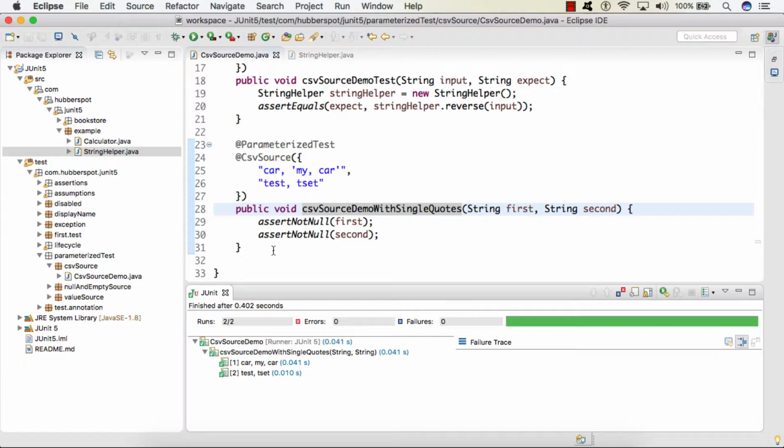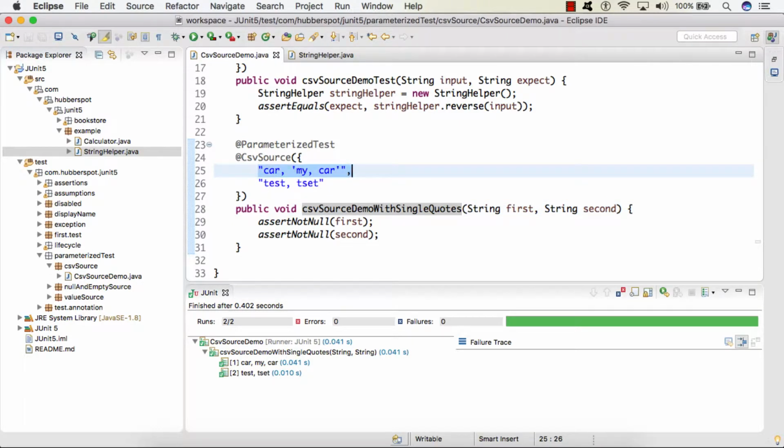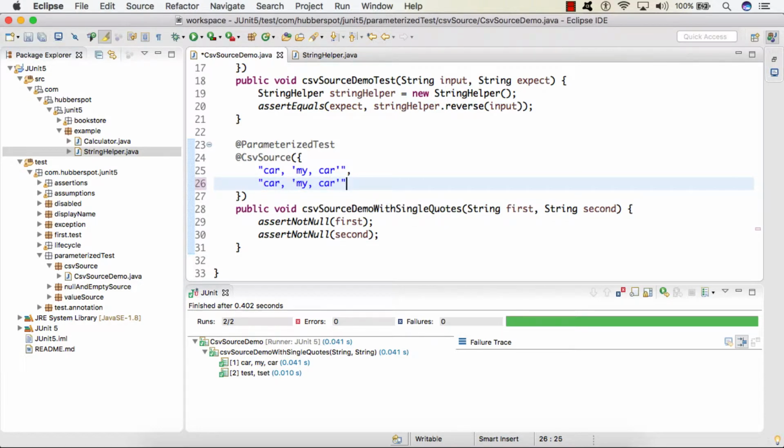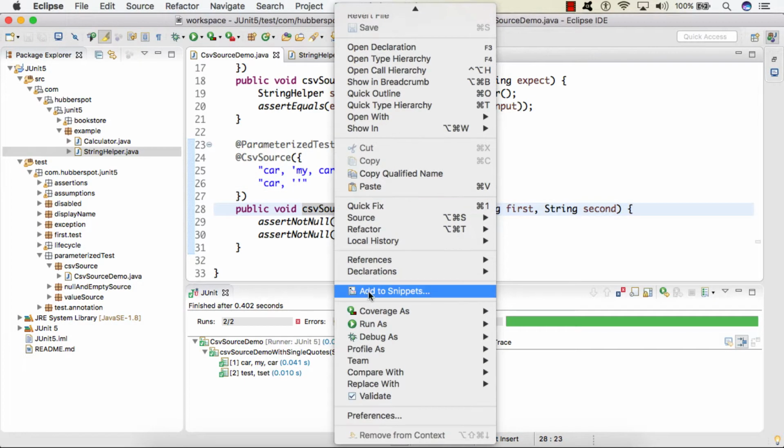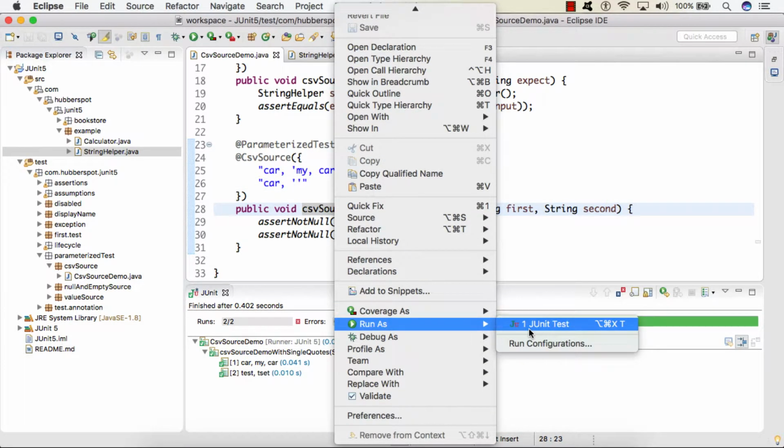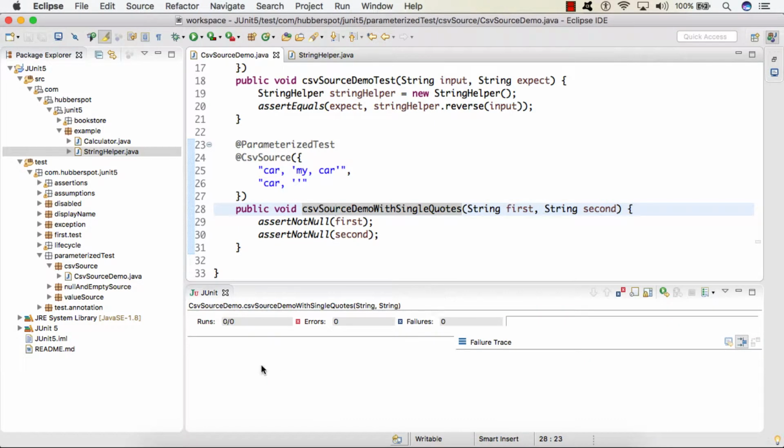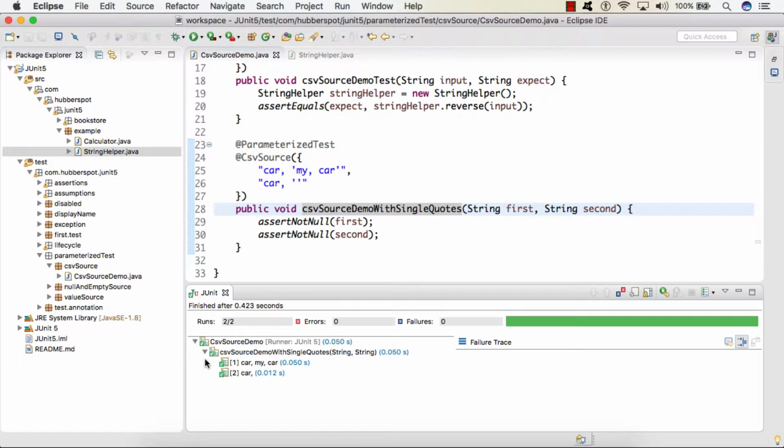And also friends, if I just copy this. Here let's say if I provide the empty single quotes, and if I run this test case now, you can see the string second will have empty value, something like this.